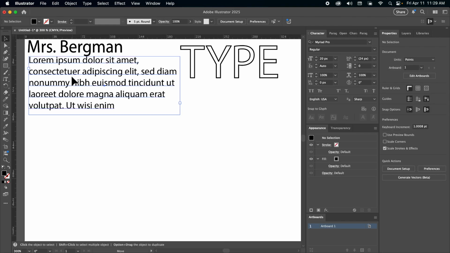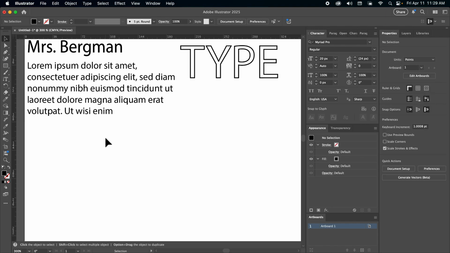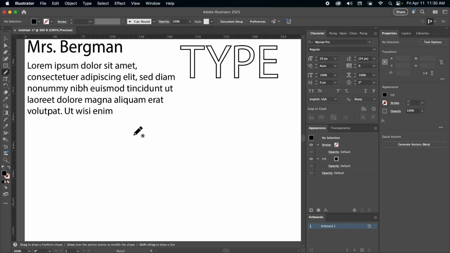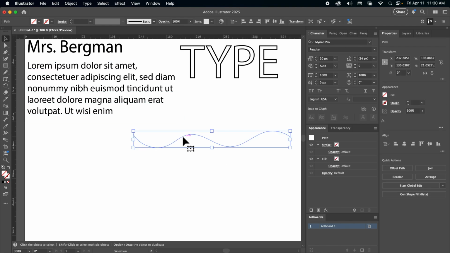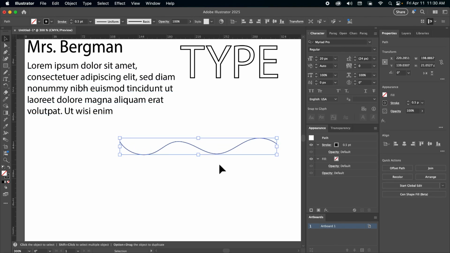The next one is a little tricky. We're going to need to start by drawing a path. You can use the pen tool, the curvature tool, the pencil tool, or the brush tool. It does not really matter which you opt for. I think I'm going to use the pencil tool for mine. You are going to draw a path, a wavy line to create a path. So I'm going to go to pencil tool and I'm going to go wee, just like that. My pencil tool does not have any fill or stroke on it right now. I'll put a stroke on it so you can see it. It's not going to matter too much because we're not going to see it when we're done.